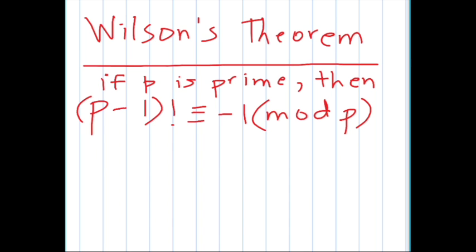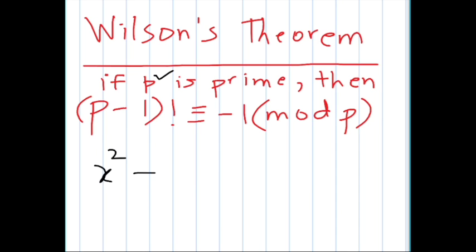So in this video we will talk about Wilson's theorem, which says that if a number p is prime, then if we take the factorial of p minus 1, this is congruent to minus 1 modulo p. So in order to prove this, we have to start by proving another lemma, which says that